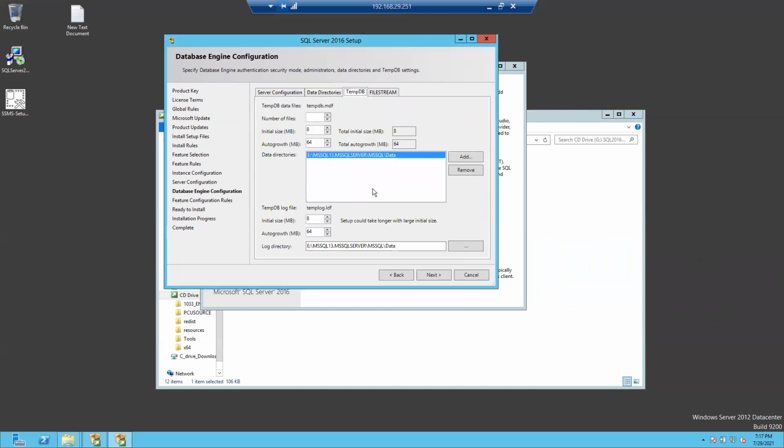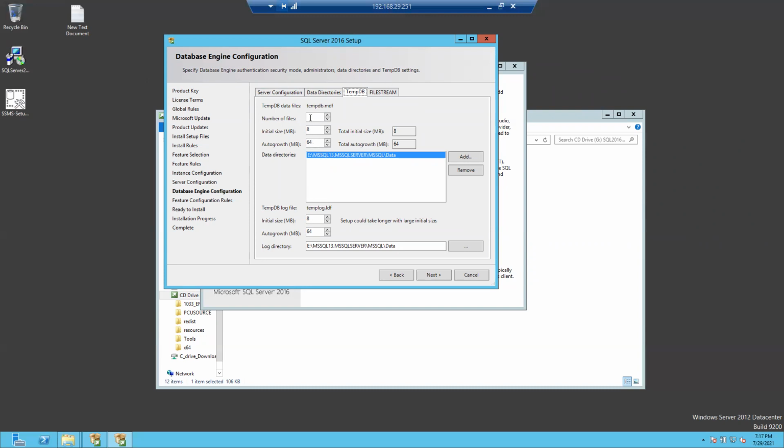Okay, TempDB also you can keep in different drives. Here it is going to the E drive, but if you keep TempDB also in a different drive, you will get good performance. If you keep the data file, log file, and TempDB file each in separate drives, you will get good performance and good throughput. Okay, this is a standard.